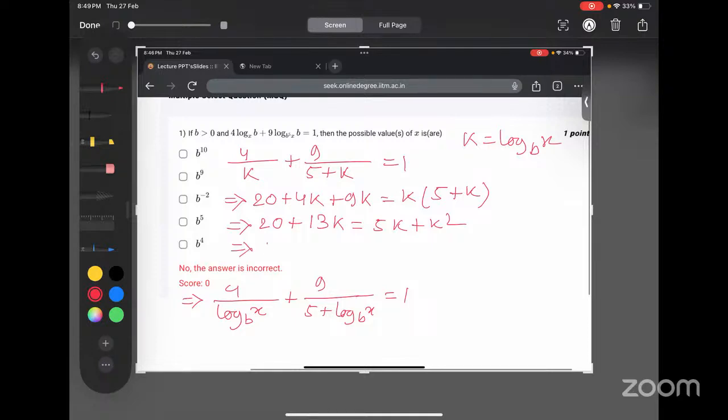So we will get a quadratic equation, k square minus 8k minus 20 equals 0. This is the quadratic equation, right? So what are the roots of this equation? Calculate and let me know what are the roots of this equation. 10k minus 2, sorry, plus 2k. So 2k equal to 2,